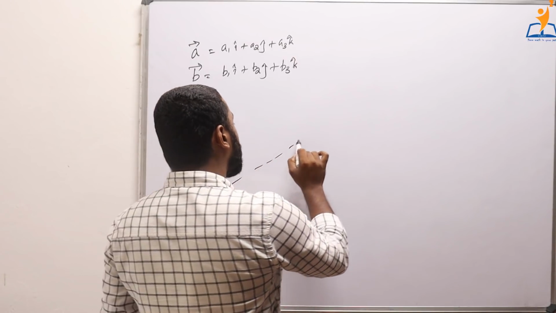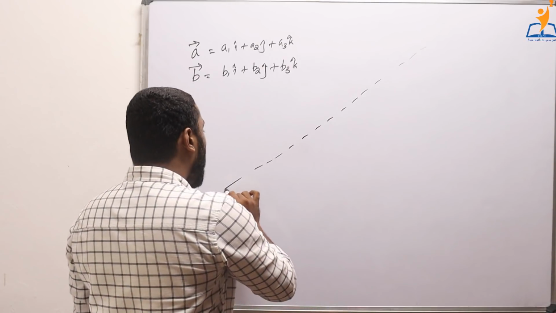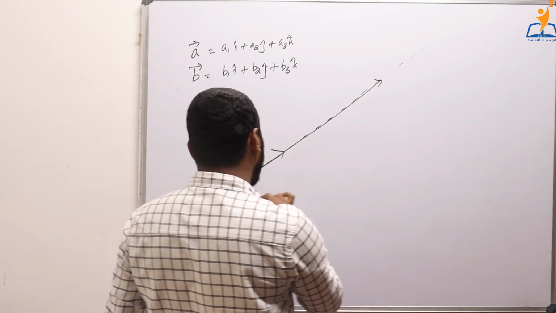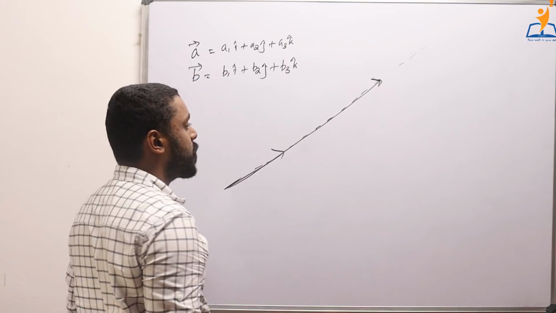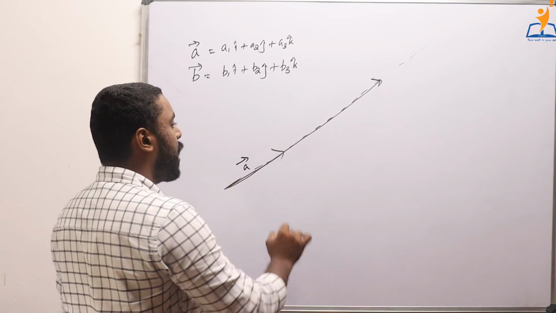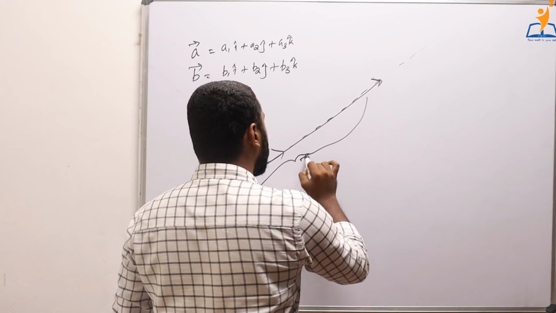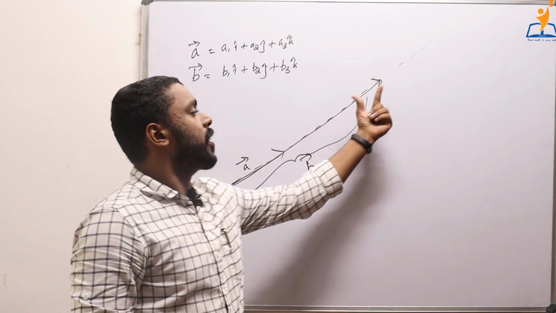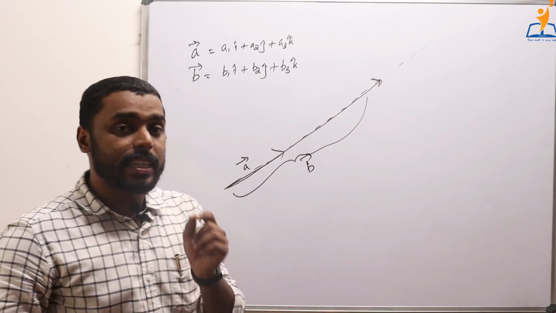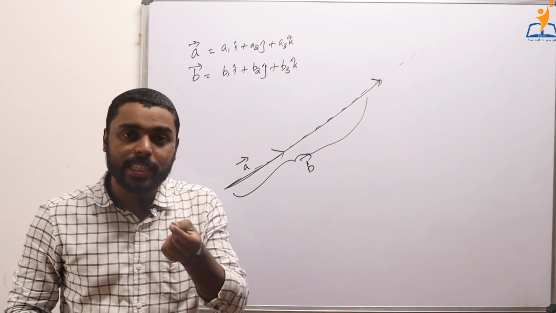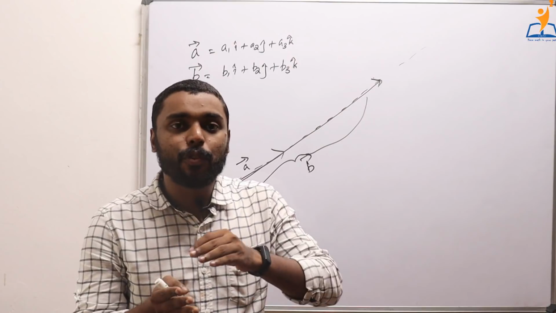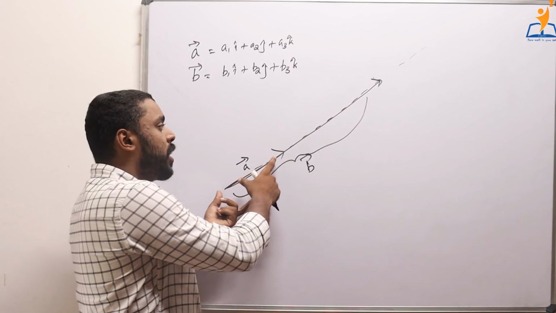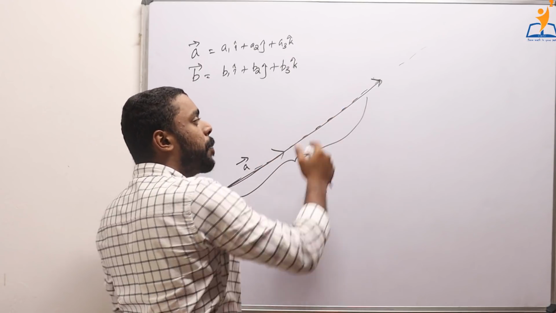Collinearity means, suppose that this is a straight line, and I have a vector from here to here, and also suppose that I have another vector from the initial point until the vector reaches this point. So let this vector be a and the entire vector be b. I took a small vector as a and the bigger vector as b. Also we said that whenever we multiply a vector by a scalar, it means that we are scaling the vector. That means if we multiply a with 2, we get a vector with double the size.